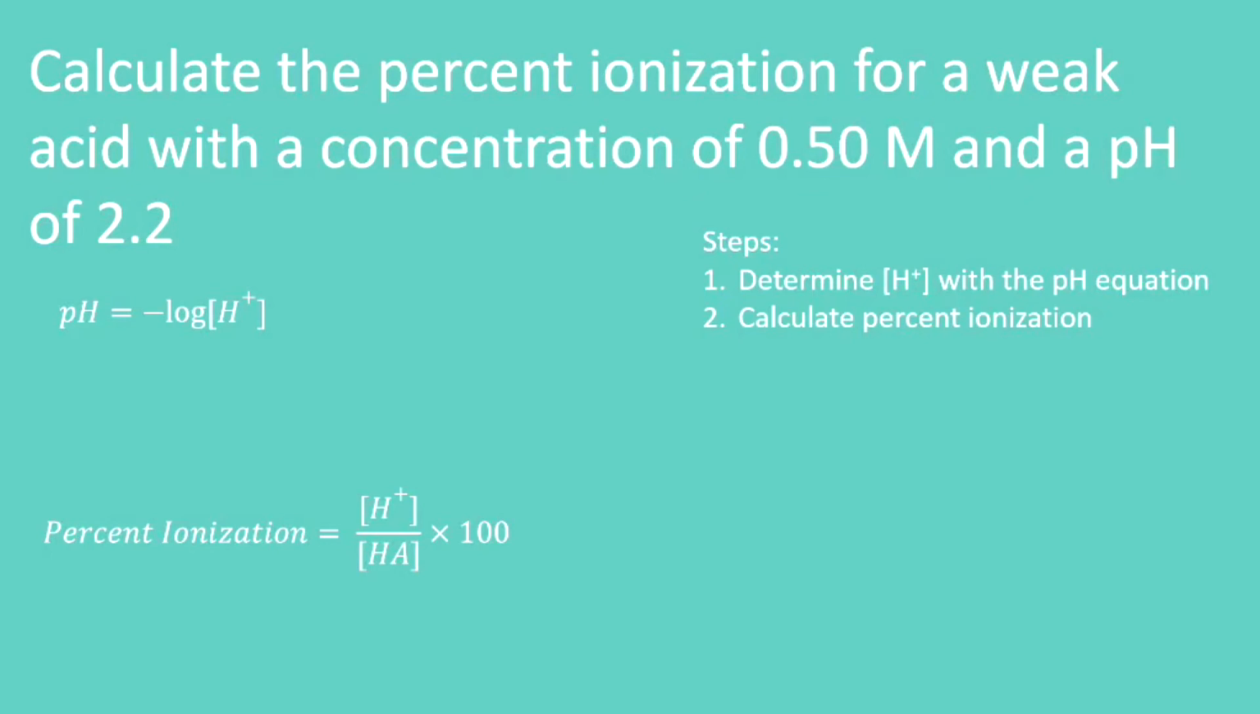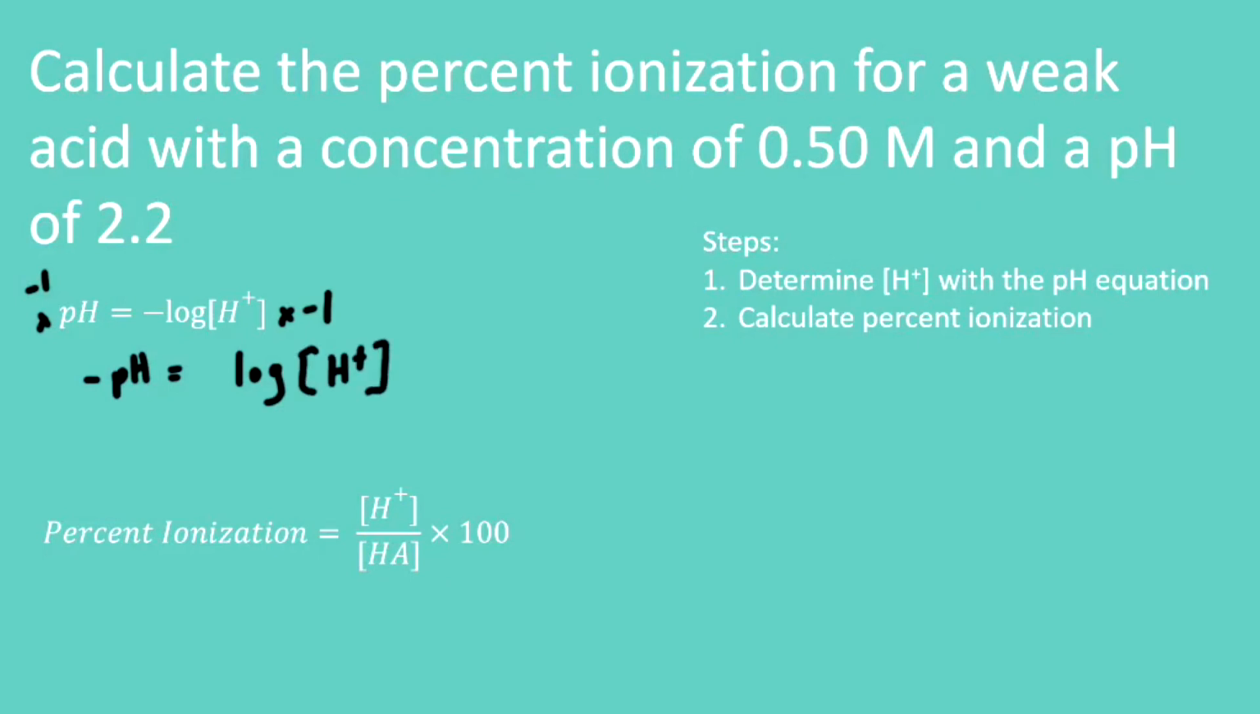The pH is given to us so that we can figure out H+. Ultimately, we're going to get H+ from our pH. HA, the concentration of the original acid, is given to us. It's 0.5 molar. Okay, so what are the steps here? The first step is to determine the H+ concentration with the pH equation. So here's my pH equation, pH equals negative log of H+. And if you recall, to use that to find H+ concentration, I need to multiply both sides by -1. When I do, I get negative pH equals log of my H+